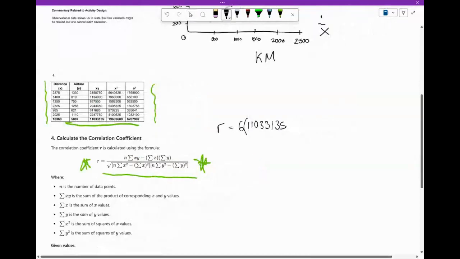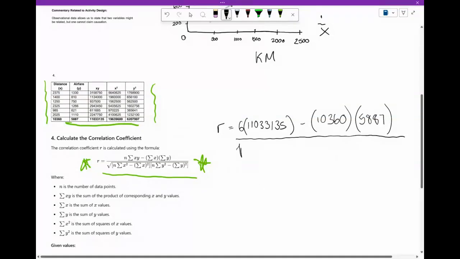Okay, then what else do we know? Minus the sum of x, which is 10,360, times the sum of y, which we know is 5,887. And then divided by, it's getting more interesting, the square root of